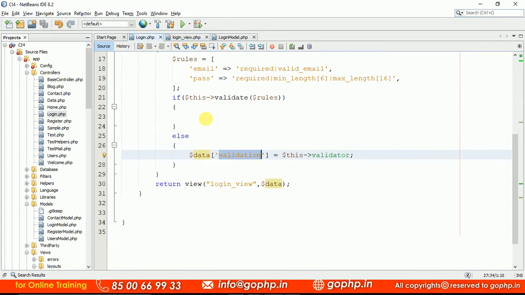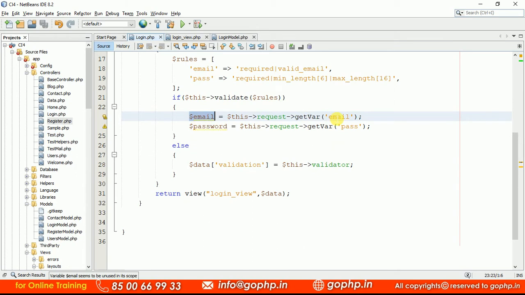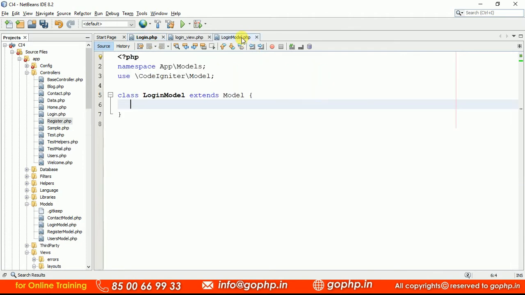So if everything is okay, you are going to be here. Let us collect the email as well as password, guys. Yes, data collected. This is the email entered in the form and the password that is entered by you, and we collected. Now I'm not going to verify both the details at a time. I'm just going to verify the email. If the email ID exists, based on that email, I'm going to verify the password as well. For this, let me write a small method and we have to create a model. I'm already ready with a model skeleton.